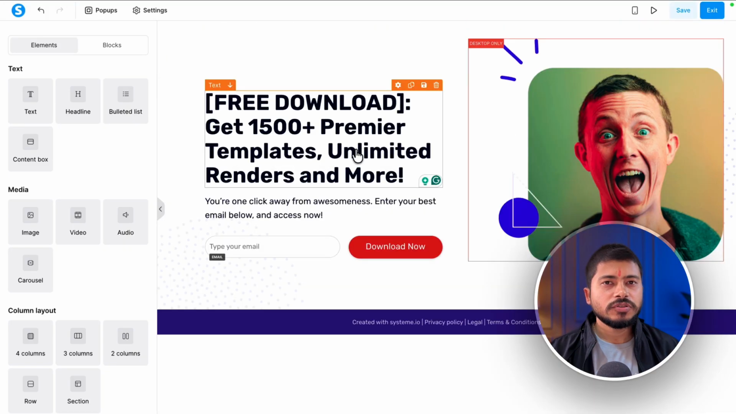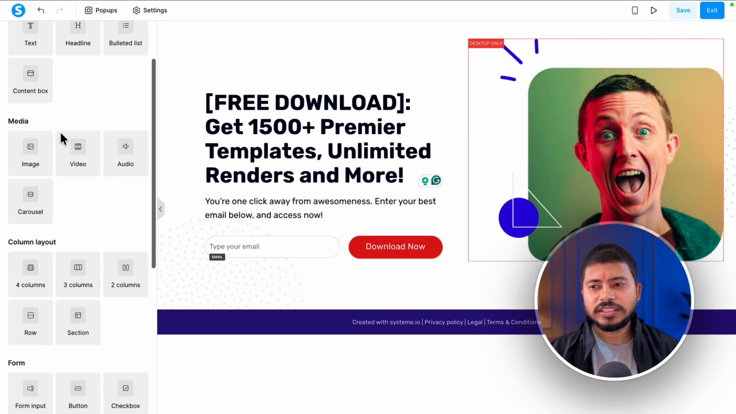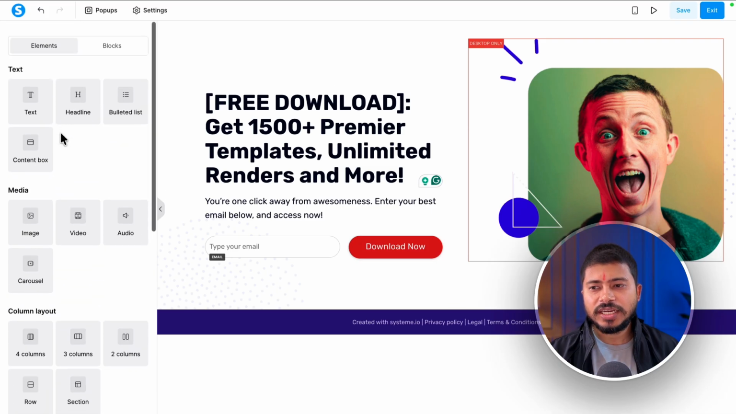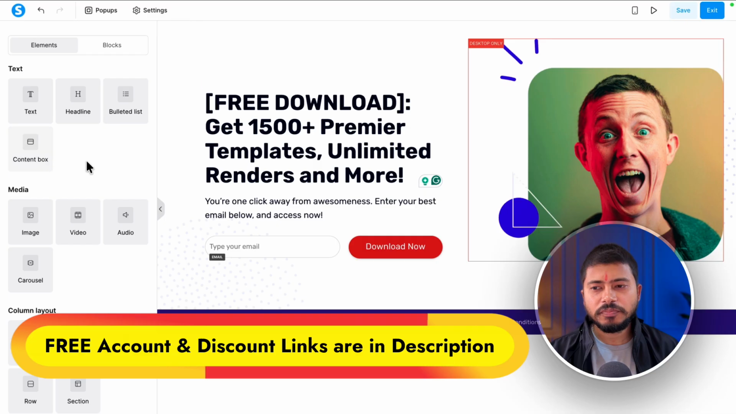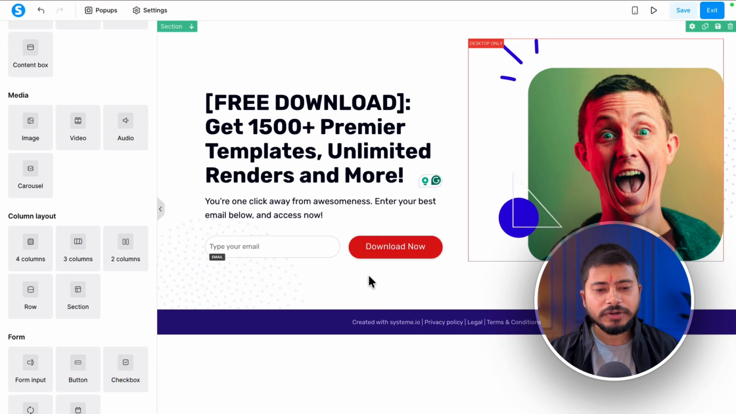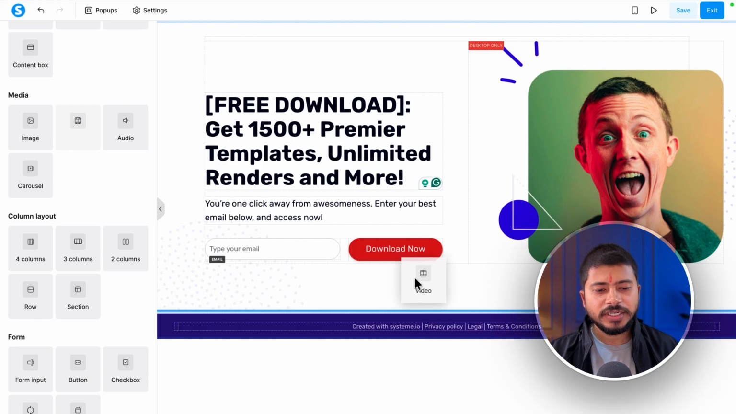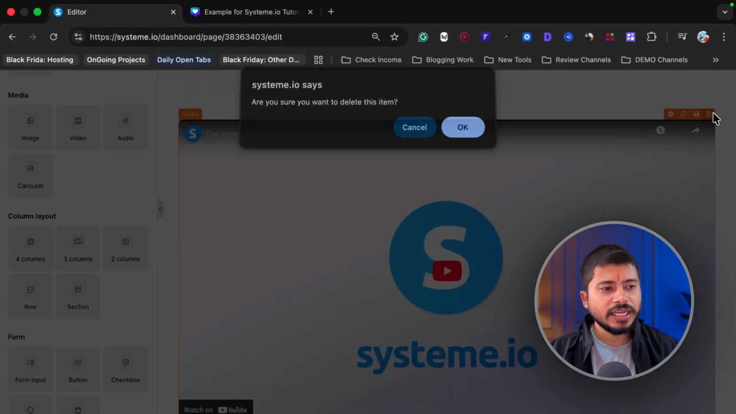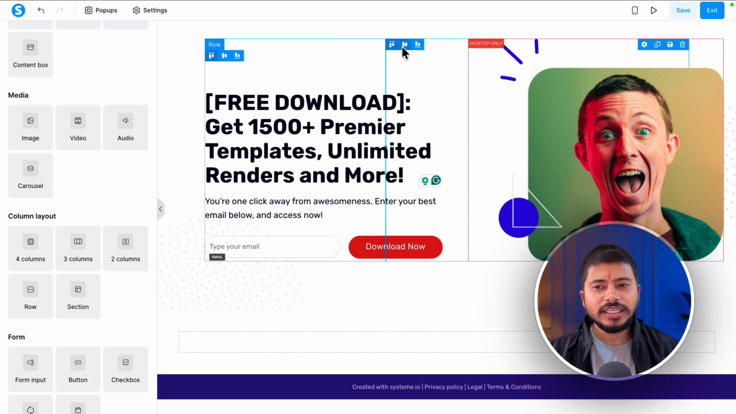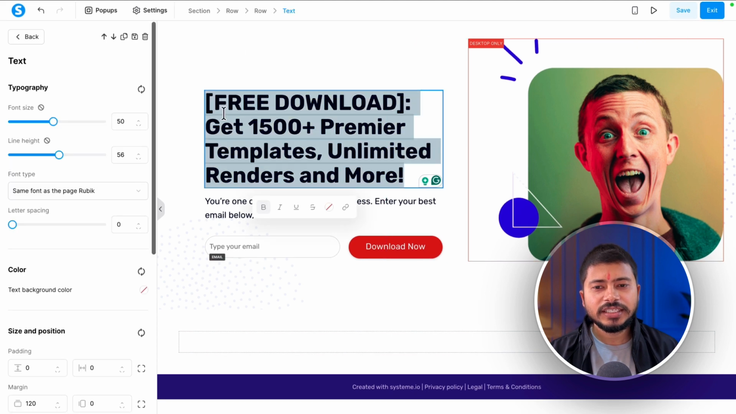Okay, so now let me show you how to edit the landing page using the system.io drag and drop editor. As you can see on the left side, there are lots of elements showing here. If you want to drag and drop any element, you can simply drag and drop it here. Suppose you want a video element just after this particular section, you can drag and drop the video element here like this. In this way you can drag and drop any element in a system.io landing page, and it is very easy to customize the